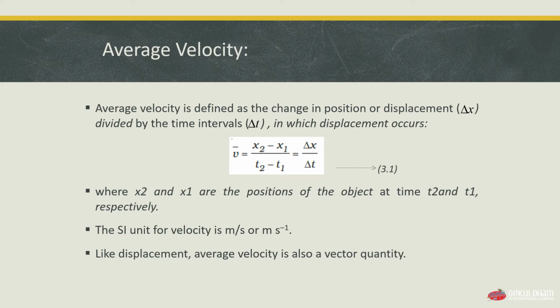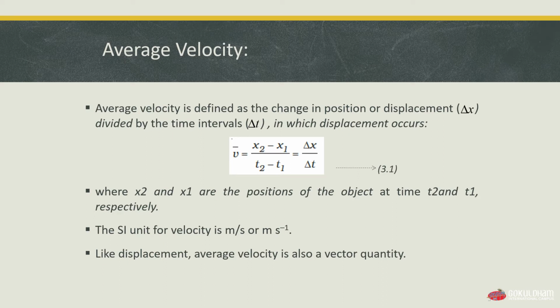When an object is in motion, it changes its position with time. But how fast it changes its position and in what direction is the question. In order to describe this, we define a quantity which is called average velocity. The definition of average velocity is, it is defined as change in position or displacement divided by time interval in